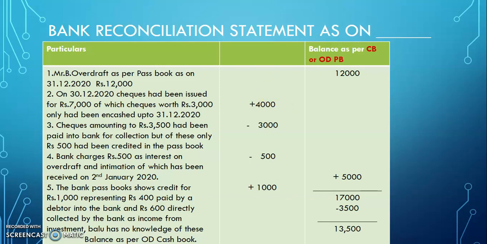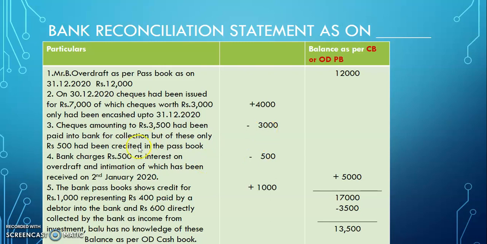Right? So the 7,000 is issued, only 3,000 is encashed. But we entered in cash book 7,000. So the 4,000 remaining is not encashed, so the cash book balance is decreased, so we can add 4,000. And then check amounting to rupees 3,500 had been paid into bank for collection, but of these only 500 had been credited in passbook. So this is our check collection. At the time of collecting check, we can make entry in our cash book 3,500, but only 500 has been credited by bank, so the remaining 3,000